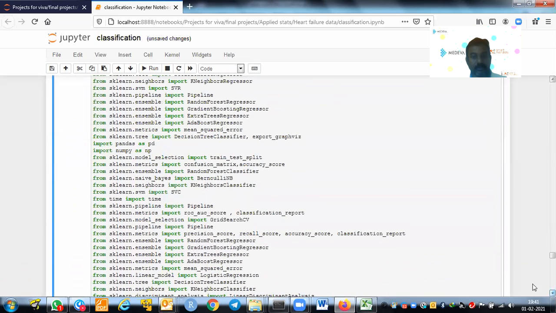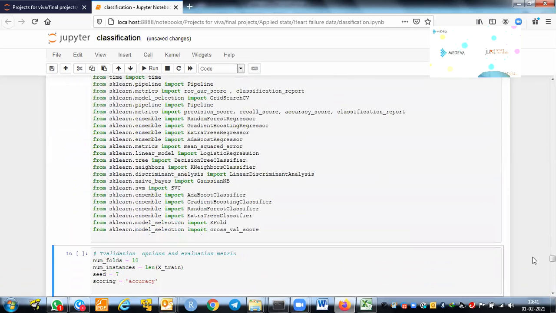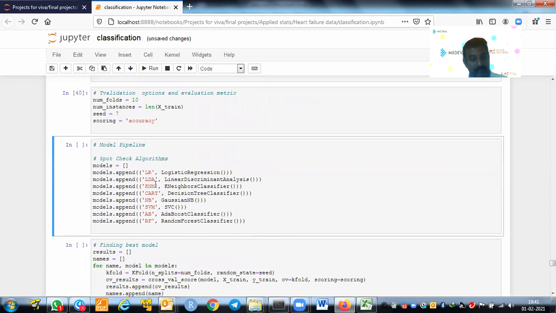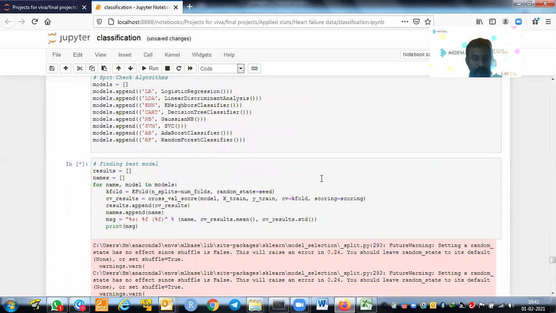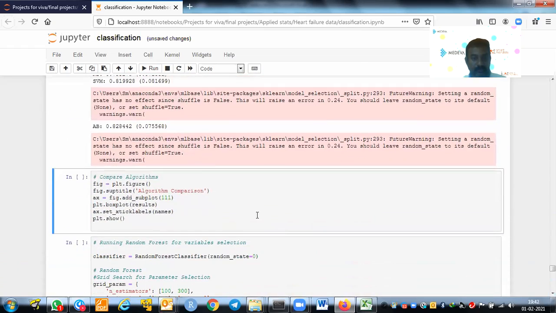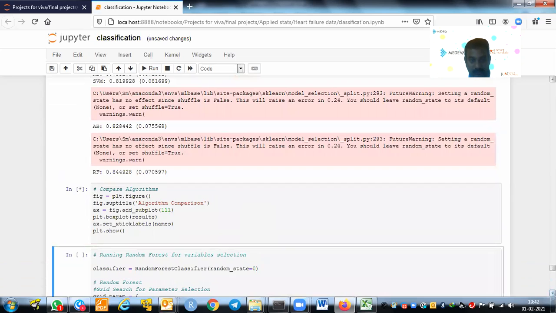So once we do that, we are creating the modeling. As it is a classification problem, we are doing what? Classification pipeline. So that's why accuracy is the measure. Here we are running a pipeline of the classification techniques in which we are using logistic regression, discriminant analysis, k nearest neighbors, decision tree, even naive Bayes estimator, support vector machine, boosting algorithm, random forest classifier. Everything we are running here, and we are checking their accuracies, and we'll see how it's performing, and that's how we can compare the algorithms. This is the first step of the project.